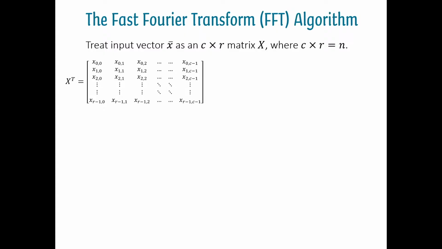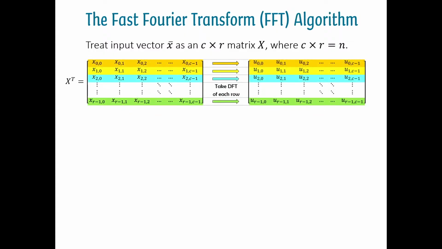You take its transpose, and then you take the FFT of each of its rows recursively. Each of these rows is smaller than the original vector. So you take the FFT of the top row, then the second row, all those, so R FFTs you take from there,